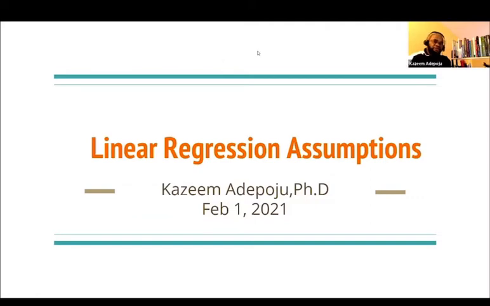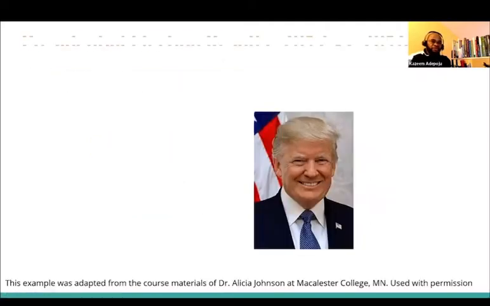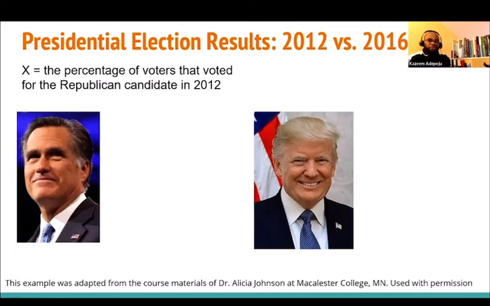I wanted to take today an example. If you take a look at the picture that you are seeing right now, this is former President Trump, and this is Senator Romney. The example today I want to take from politics, to tell you that we also apply linear regression in politics. The example we did last week was probably on business, but now we want to apply that in politics.